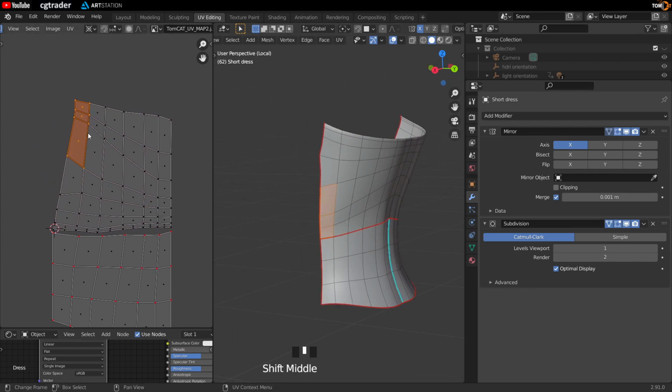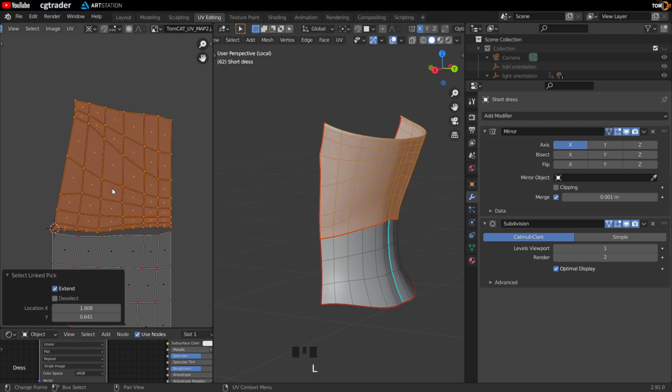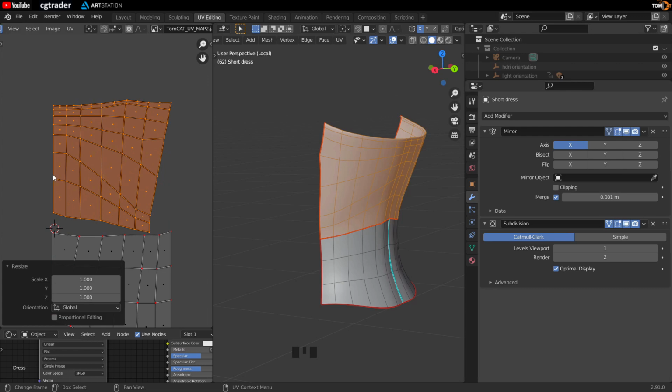Oh, look. You can see I grabbed these and they're high here but low there. That's not good. So let's grab that, transform around bounding box center, scale Z -1, and then let's try it